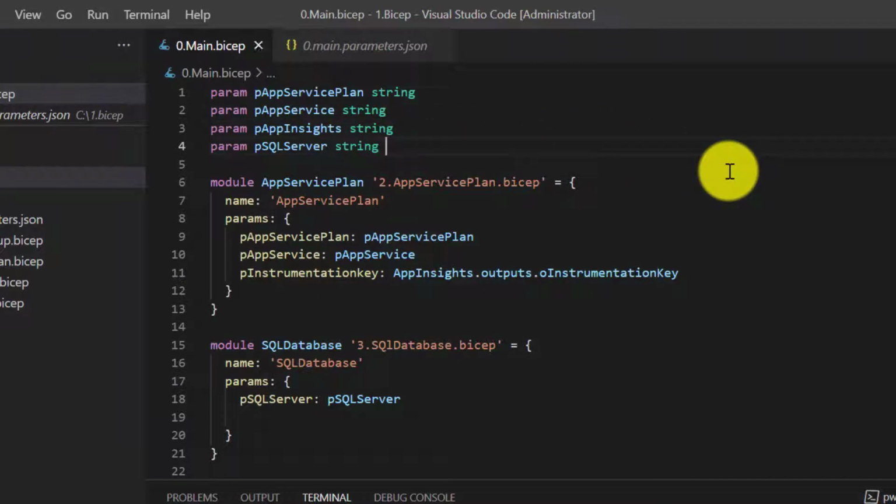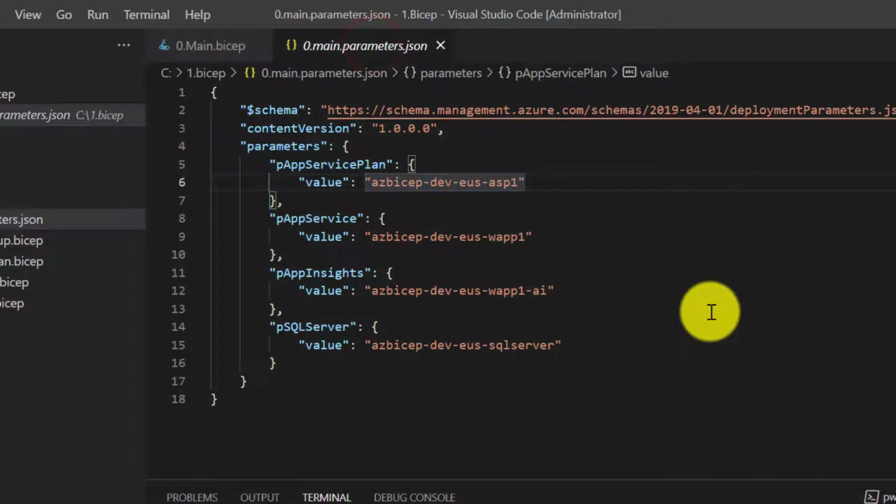Now, save it. So now this bicep is dynamic. We are not hard coding any specific environment values. Instead, when we are executing the main bicep file, we will pass the values of environment specific thing via parameters file. The extensions of this parameter will remain JSON.